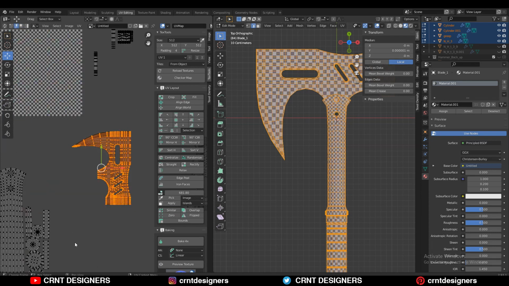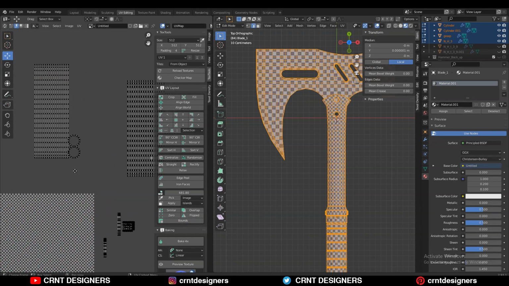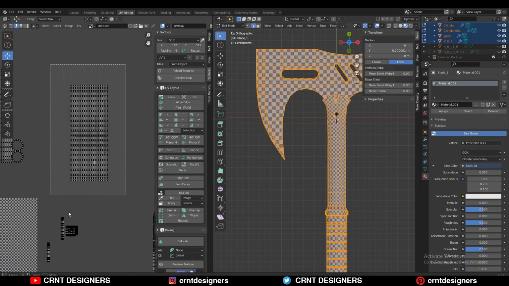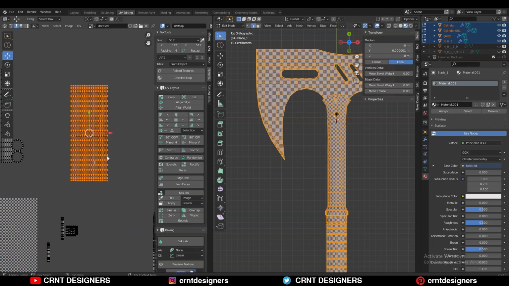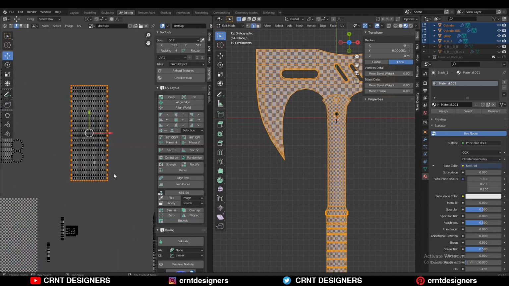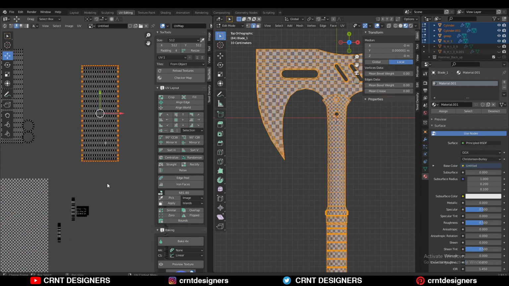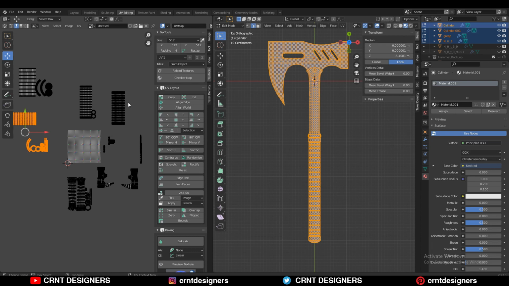You can see if I select this UV island and I want to select its boundary, then I can use this option, bounds. So it will select its boundary. For this also you can easily understand, if I select this UV island and I want to select its boundary, then I can use this bounds option, so it will select the boundary of that UV island. So these are the UV layout options in the texel tool which you can use to improve your UV unwrapping skill.